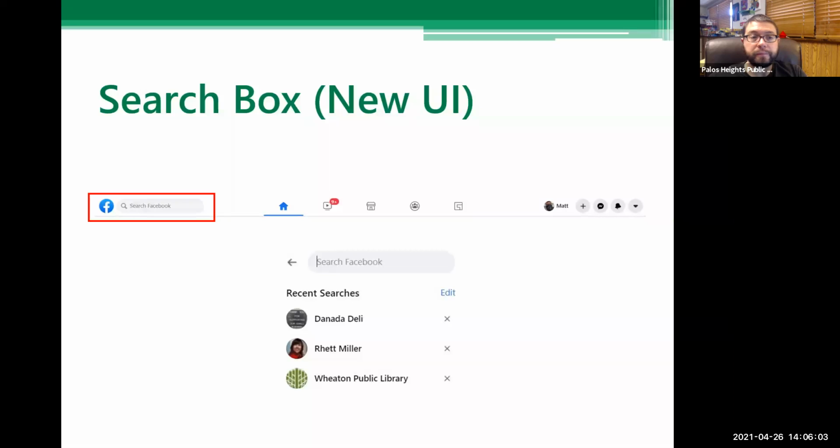So first of all, to get to the search box, it's right here in this little red box. Right when you load up facebook.com and log in, it says search Facebook, and you can't get much more clear than that. So you just type there, and when you enter a search, you can see in the bottom screenshot there, it'll save your recent searches, and you can just click on whatever you want to repeat a search if you know who you're looking for.